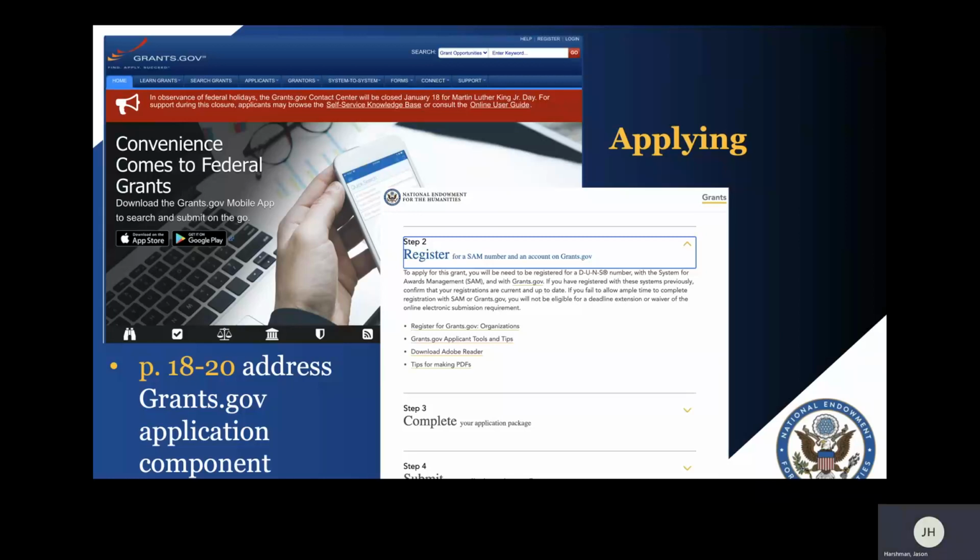Pages 18 through 20 of the Notice of Funding Opportunity Guidelines provide information on how to complete this, and as you see from the screenshot, there is information provided at the Landmarks of American History and Culture project page available at neh.gov.